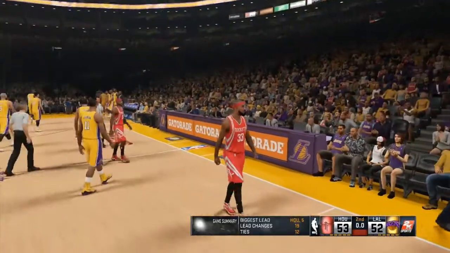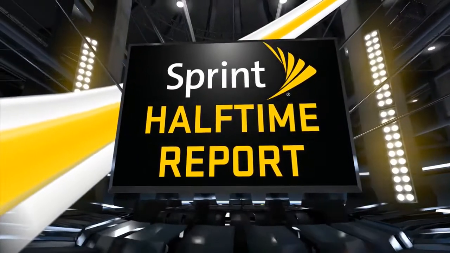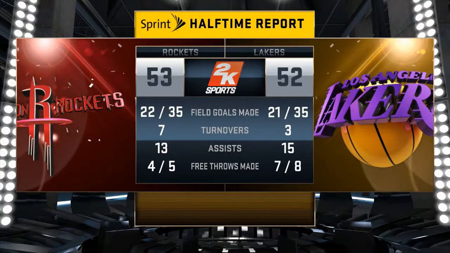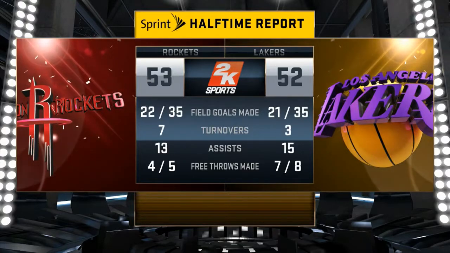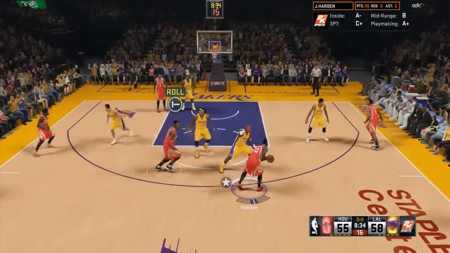A very surprising close game here. Obviously, the Lakers are one of the worst teams in real life, but the Lakers in this game, without all the injuries that they have in real life to Steve Nash, Kobe Bryant, and more, are all playing in this game. So it's a lot better of a team than they are in real life. You can see Kobe Bryant had 23 points at the half,